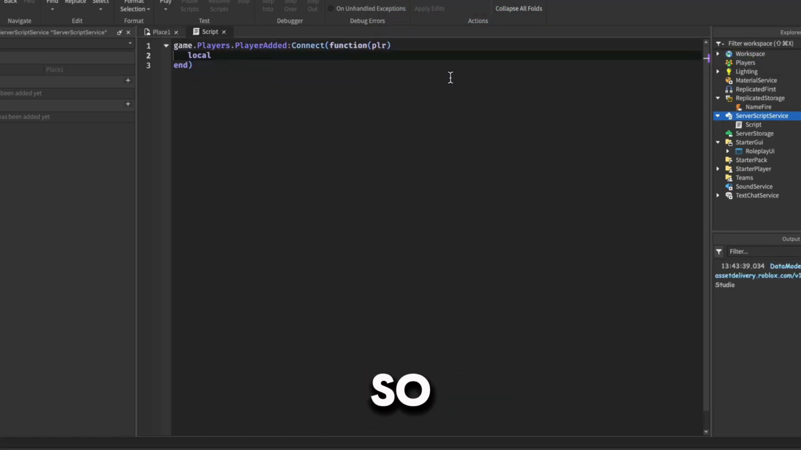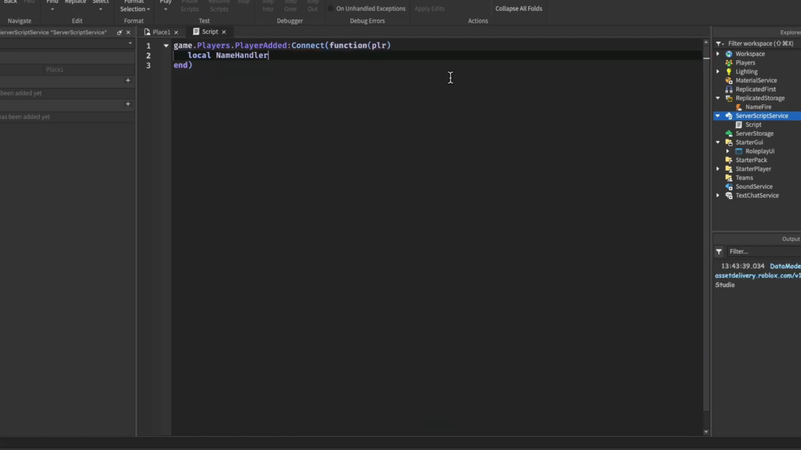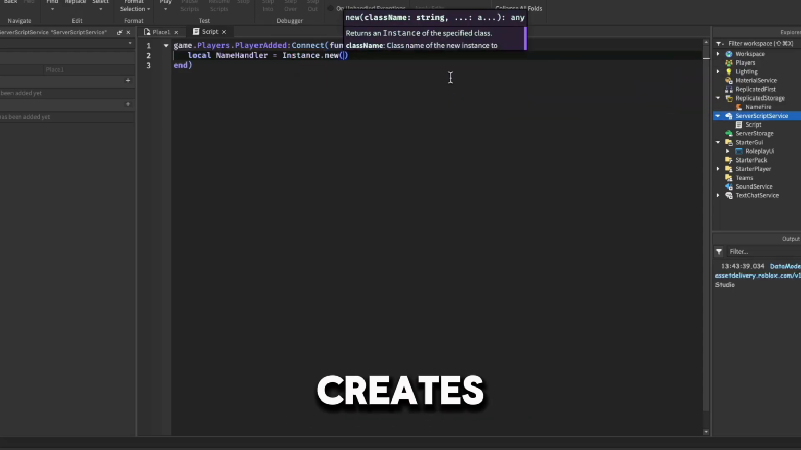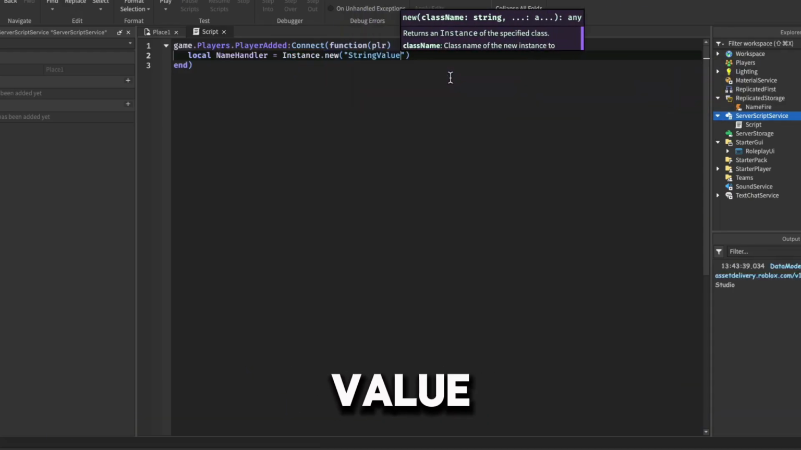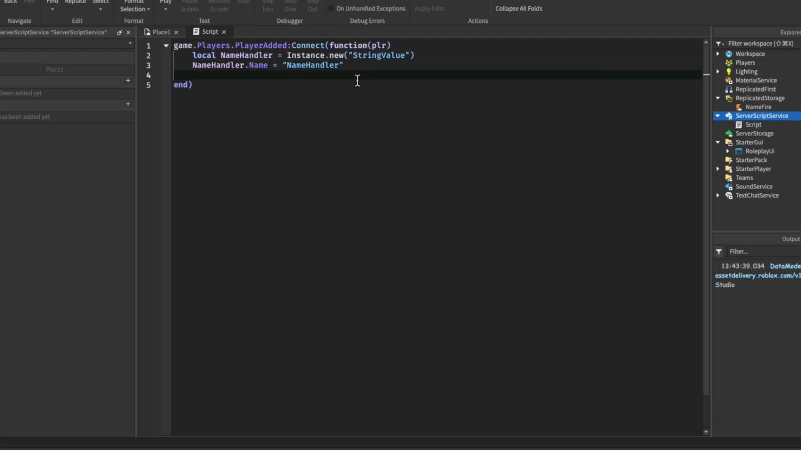Let's make a variable. So local nameHandler, and if we do Instance.new, it creates new things. We can put our quotation marks and then put what we want to create, in this case a string value. Then we want to name our string value nameHandler, so nameHandler.Name is equal to nameHandler. Since we want to name something, we need to use quotation marks again. Now we need to put it inside of the player, so nameHandler.Parent, so where it is right now. Now we're going to change where it is, and it's going to be in the player,